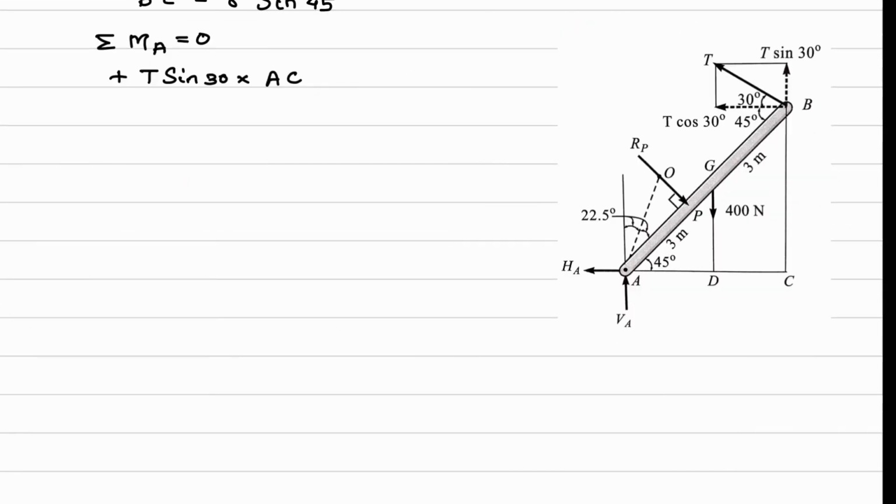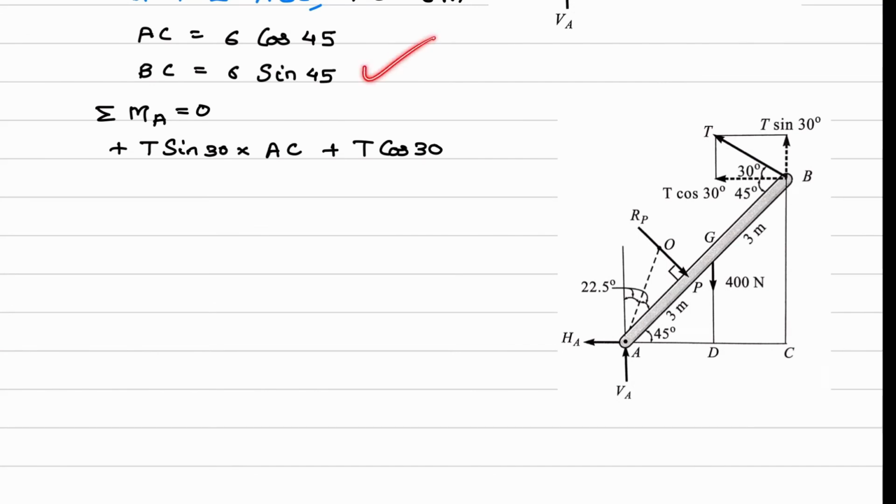That you can substitute. Next, keep your thumb at point A, keep your index finger at point B, rotate index finger in the direction of arrow. This is anti-clockwise. So again this will be plus T cos 30 into, what is the perpendicular distance of this force with respect to point A? This distance is BC, and BC we have calculated. So I'll write down multiplied by BC. You can substitute the values here.